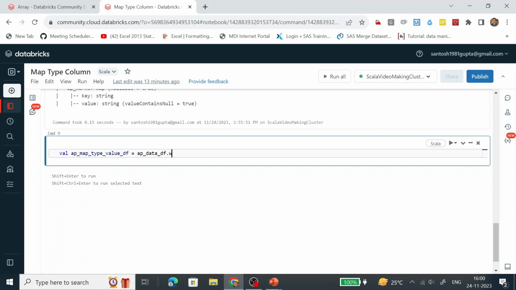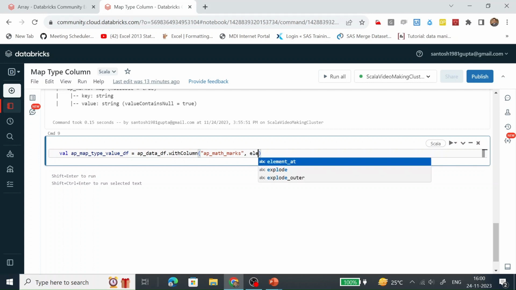What are we going to do? First, we are going to create a column with the help of a withColumn function, and the column name is AP math marks. And how will this AP math marks value get populated?